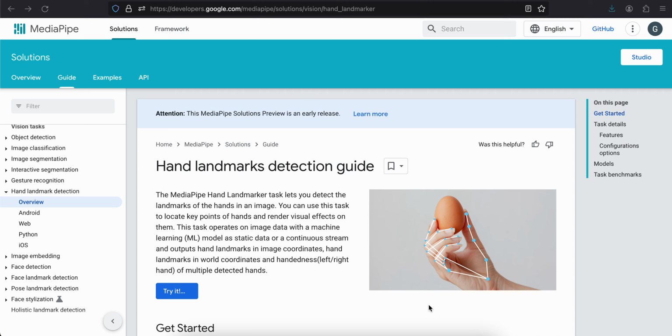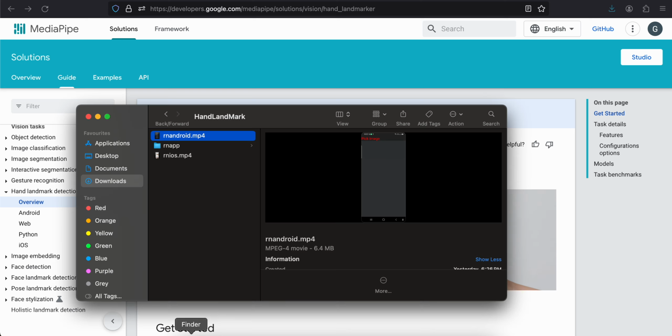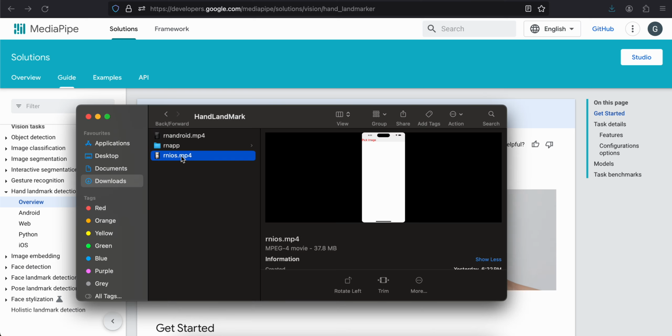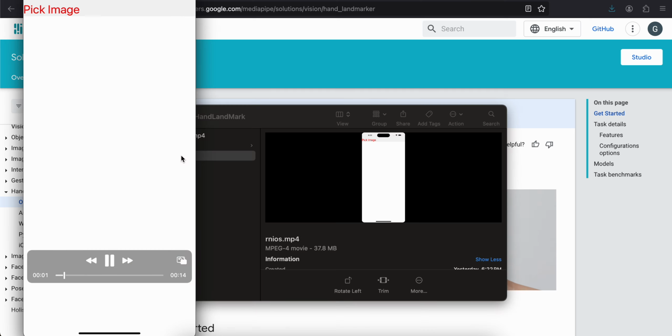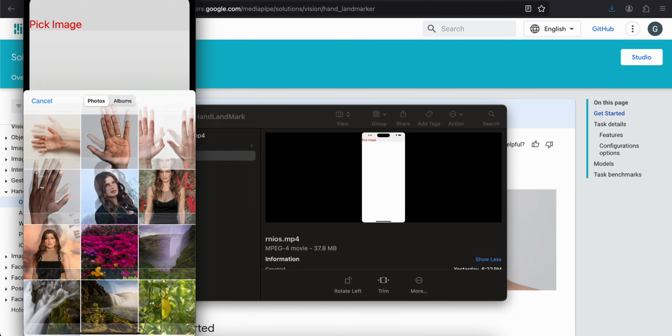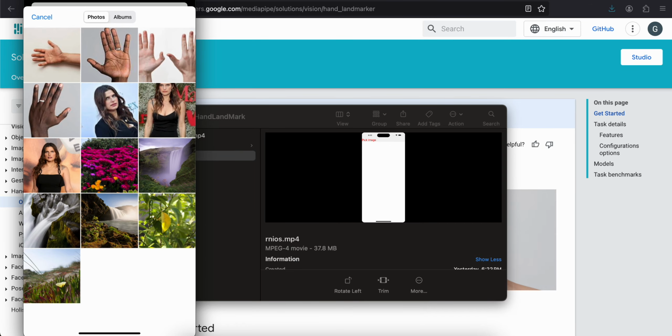In today's video I will show you how to do hand landmark detection using MediaPipe in React Native. So firstly I will show you the output. So this is the output for iOS. So I have one button. Once I click on the button, it opens the photo picker app and I can select an image and it